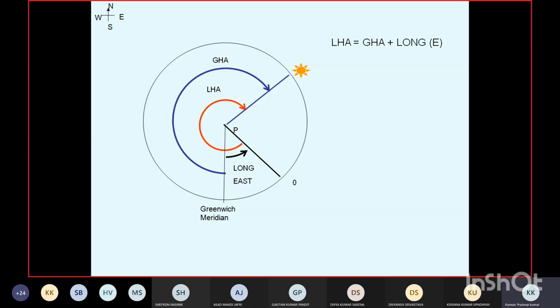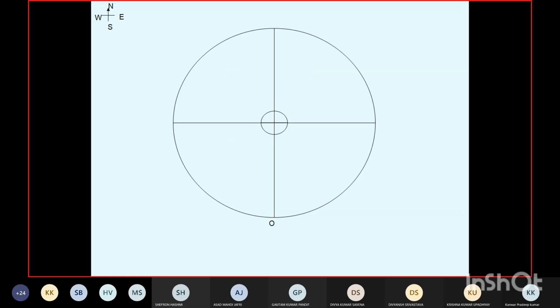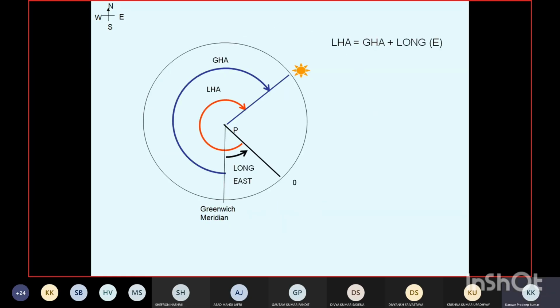So we write one formula: LHA is equal to GHA plus east minus west longitude. Any questions so far, gentlemen? The main important point you have to remember is that for latitude, we have one reference point from the equinoctial, that is the declination. And for finding out the longitude, we have three reference points: